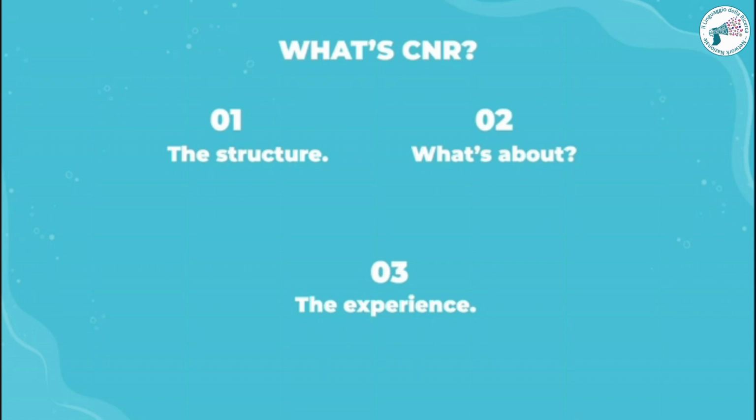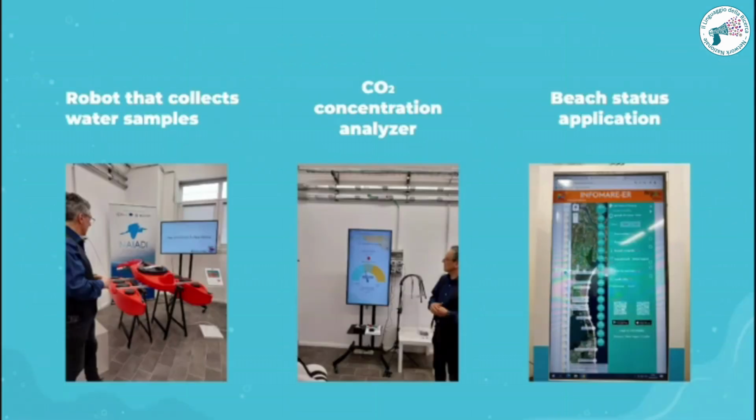We visited the Technopole, a specific area at the CNR where we saw some examples of new technologies. Some of them were a device that has the ability to measure the amount of carbon dioxide present in the air inside of a room, an application that controls the status of leaches, namely the water temperature and if pollutants are present, a small robot which, programmed on a computer or remotely controlled, made a specific path within a body of water and collects water samples which are then analyzed to define its composition, organoleptic properties, and the possible presence